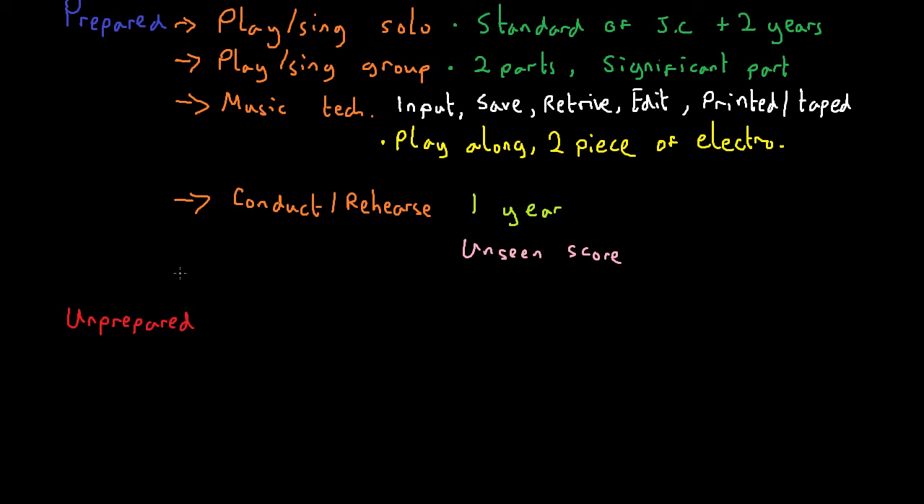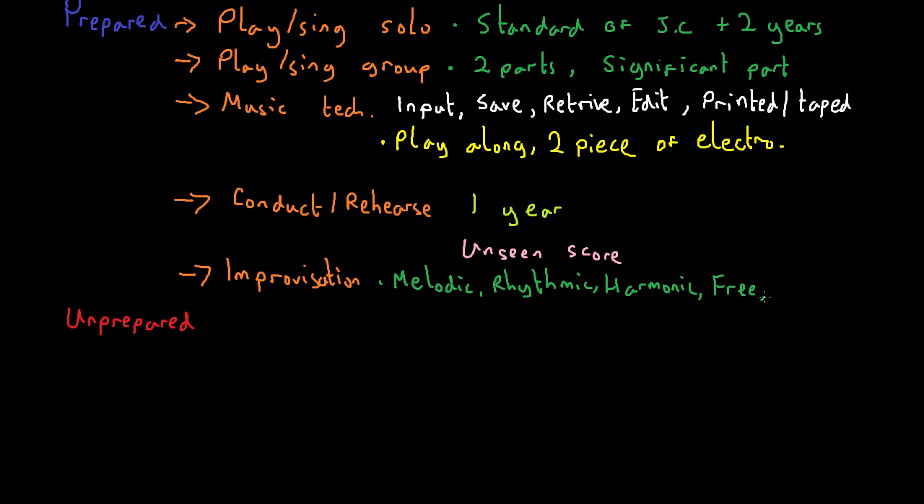Another option then for your prepared exam is improvisation. The improvisation part of the exam, you can take one of many different approaches. You can do a melodic improvisation, you can do a rhythmic one. So for example, if you're a drummer and you want to do a drum solo, an improvised drum solo, you can do a harmonic improvisation, so a sequence of chords. You can do a free improvisation where you make it up without any musical stimulus, or you can do any